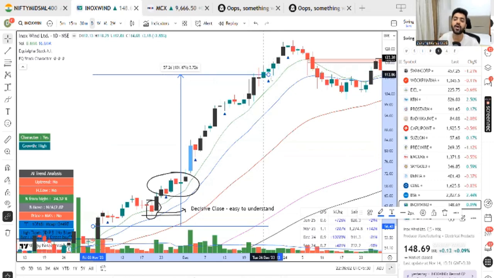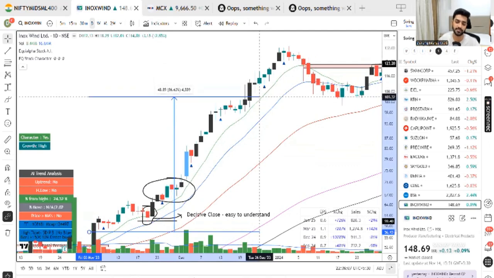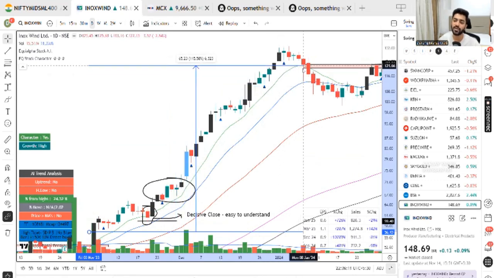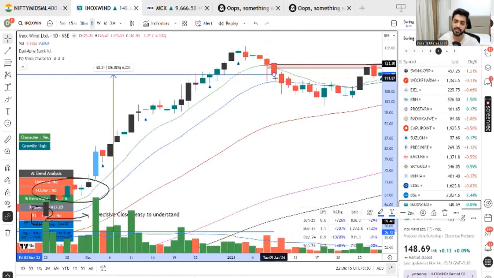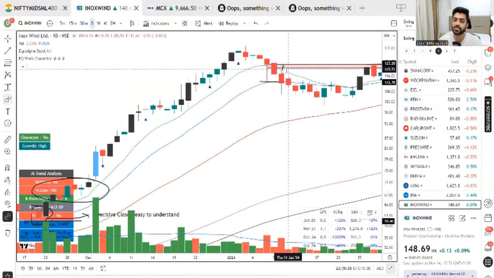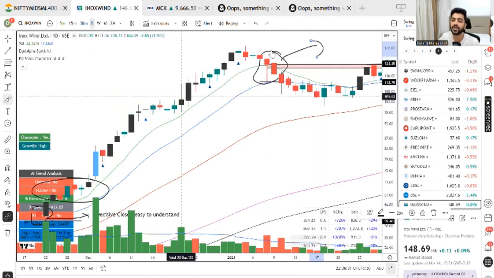So after 80, I know I am reaching somewhere at the upward potential for my swing trade. After 80, 85%, even if it is not a decisive close up here, I will then exit. In this case, it got a very good support, so I will wait here, and in the next one I will not wait more. I will not give it a chance. Here it makes no sense to give more chance,